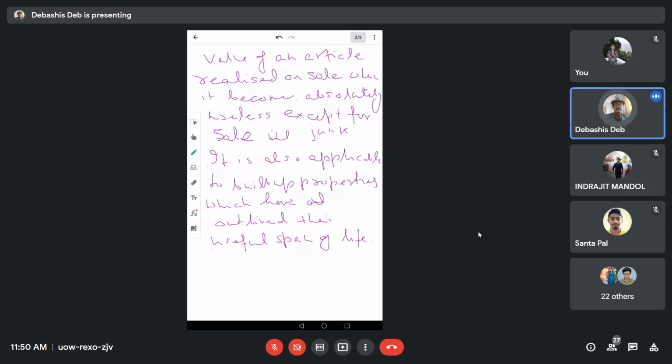Now, scrap value is when the article or the building cannot be used at all. So that is scrap value. So what we learned right now: book value. Book value means the value when I acquire one article, if I consider it is being purchased at the market value, where there are so many buyers and so many sellers. So that value is the book value. Book value will decrease depending upon the time, and it will become scrap value or 10% or 12%, whatever it may be, the scrap value or salvage value after the useful life of